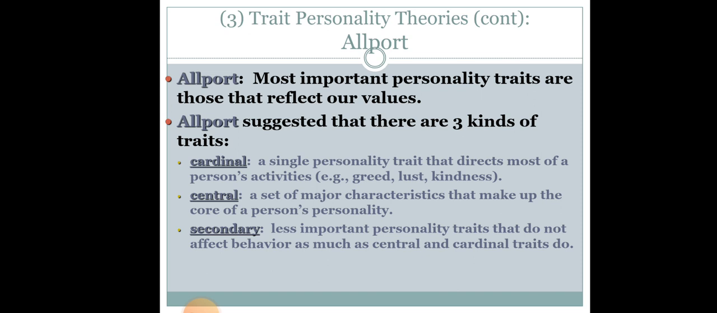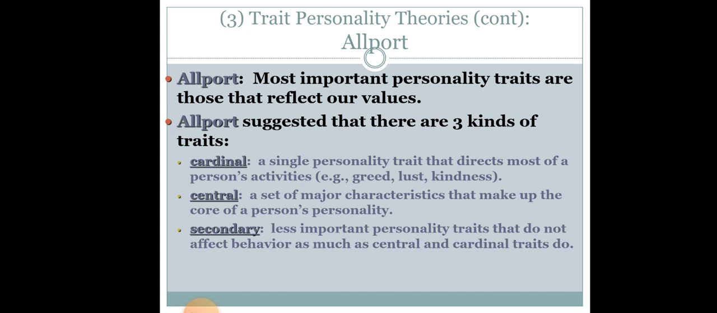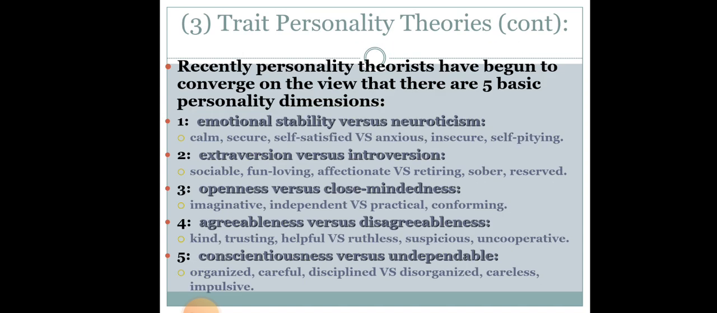Allport suggested that there are three kinds of traits: cardinal, central, and secondary. Here the cardinal is a single personality trait that directs most of the person's activities. What about central? A set of major characteristics that make up the core of a person's personality. And then the secondary, less important personality traits that do not affect the behavior. Okay. According to Allport, it's just for reading, guys, and Cattell's also just for reading. Okay, so